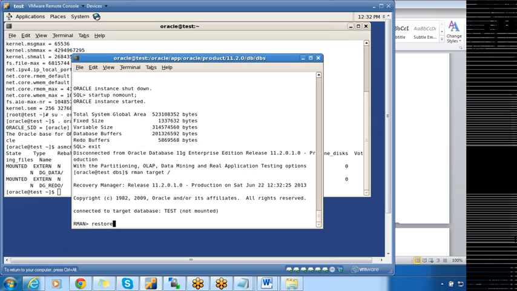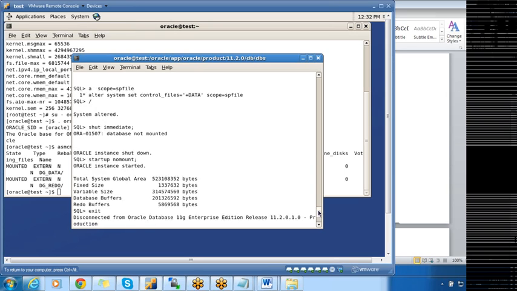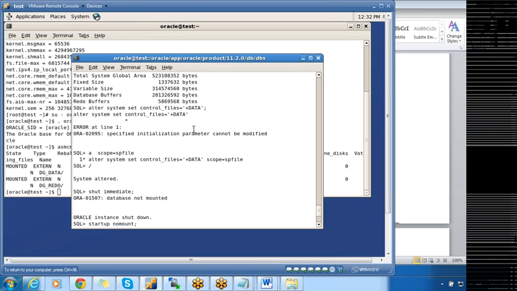Now I'll do restore controlfile. I'm not specifying anything here. It will try to restore the control file to the destination specified in the parameter file. In the parameter file, the control file destination is set to plus data.